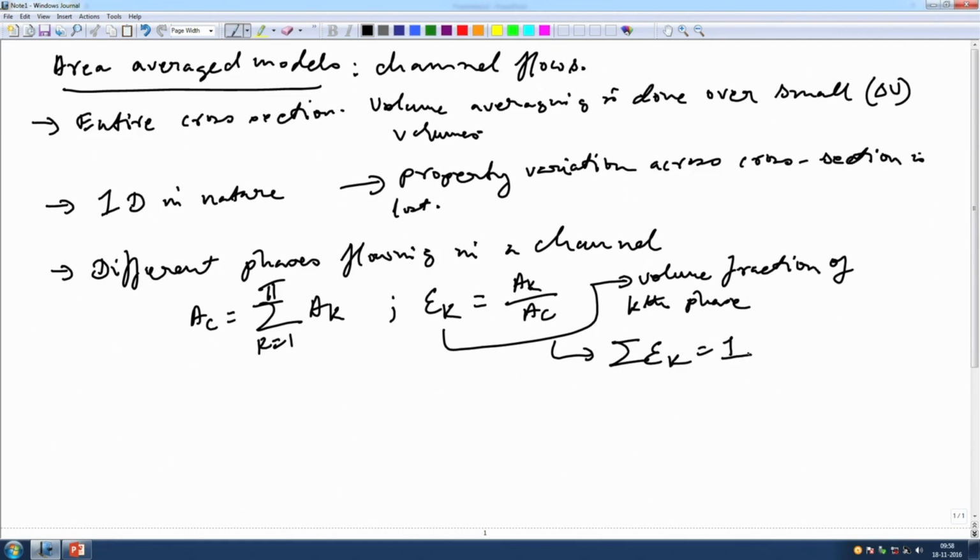Okay. So, if you do an Eulerian area average, if you recall all the notations, this is basically given by this,